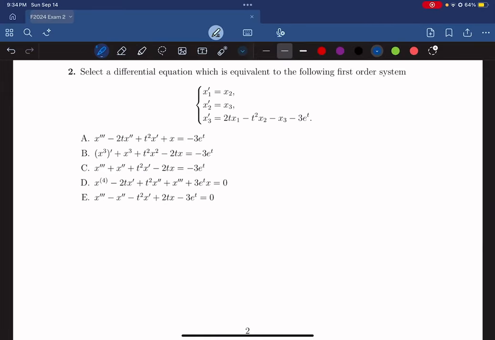Alright, so for number 2, it's asking us to select a differential equation which is equivalent to a first order system. And so we're going to start by saying that x1 is x. So x equals x1. And from there, we can just take the derivative over and over again and make it equivalent to x2 prime, x3 prime, etc. So now from this statement over here, x1 prime equals x2, we can apply that to this, and we see that